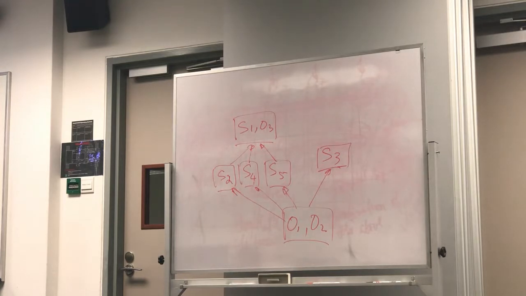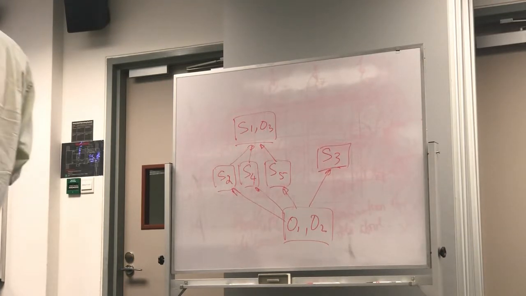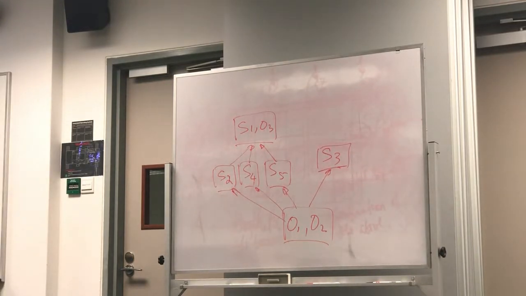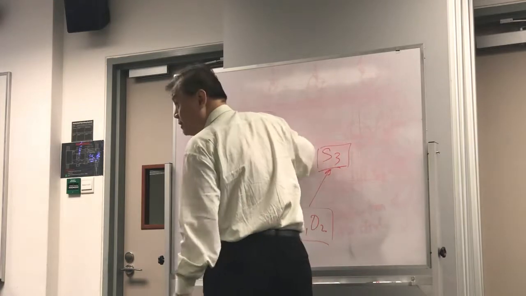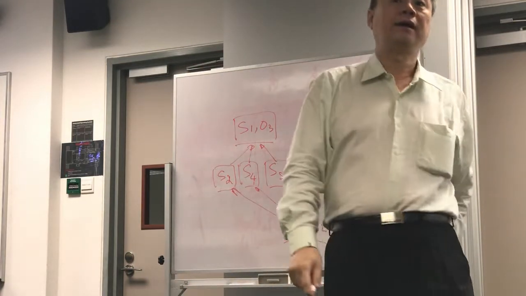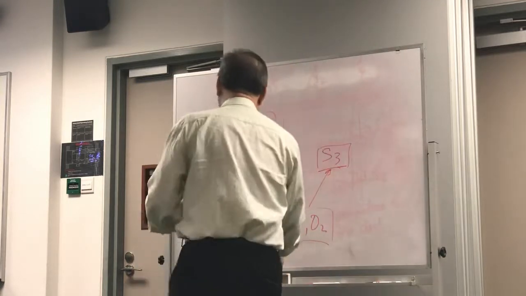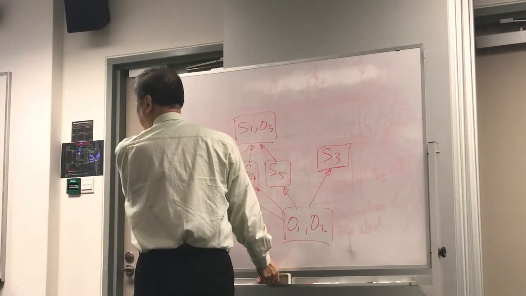O4, S2 can write O4, meaning that O4 is higher than S2. Yeah? And then S4 can read O4. So that means S4 is lower than, can read O4. That means S4 has to be higher than O4. So meaning that S2 and S4 cannot be at the same level. To bring down, yeah? So it has to be S4 can read O4.